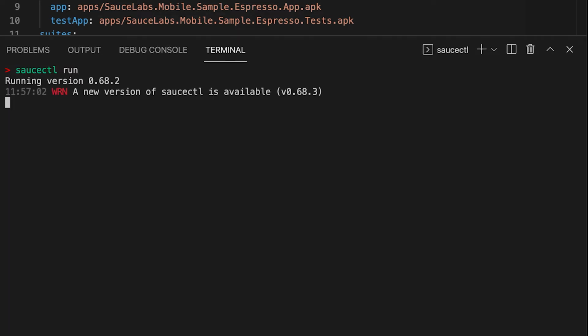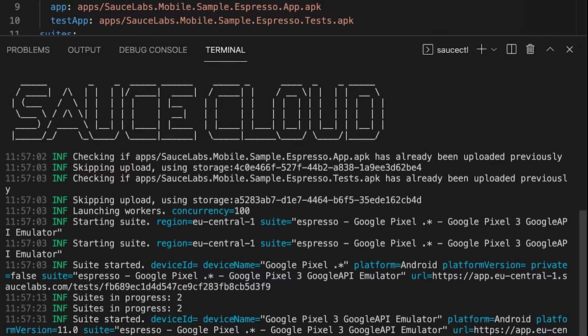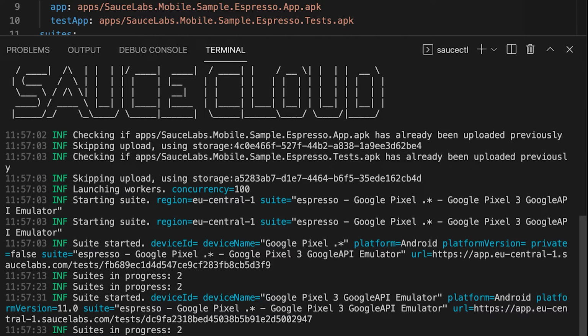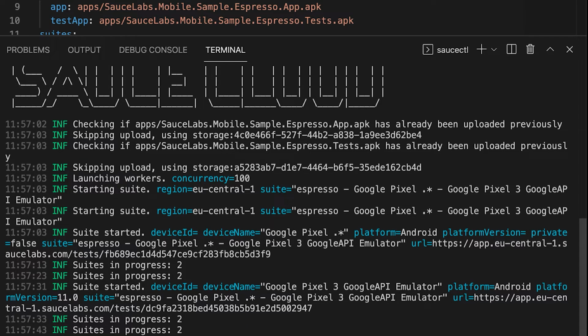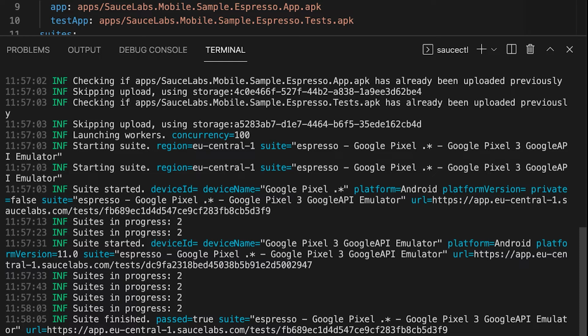SASctl will automatically upload the apps to the SASctl storage and run your test on the real device or emulator from the configuration file. If your app needs to use services that are behind the corporate firewall, you can use SASctl tunnel. How to set up the SASctl tunnel can be found in our documentation. The link can be found in the description of this video. Once the SASctl tunnel is running, you only need to provide a tunnel name in the YAML file to let Espresso use